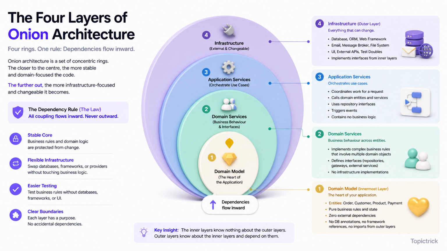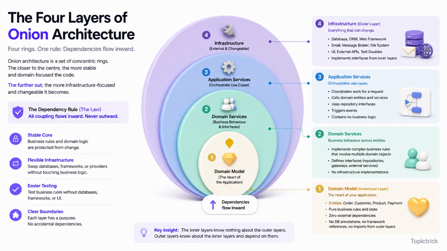The third layer is application services. This layer orchestrates use cases. When a request comes in, process this order, the application service coordinates the work. It calls domain entities. It uses repository interfaces defined in the inner layers. It may trigger events. It never contains business logic itself. Its job is to coordinate, not to decide. The fourth and